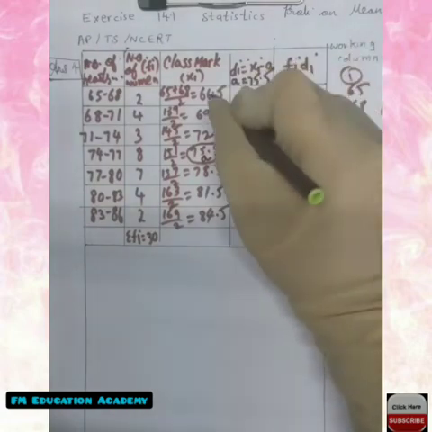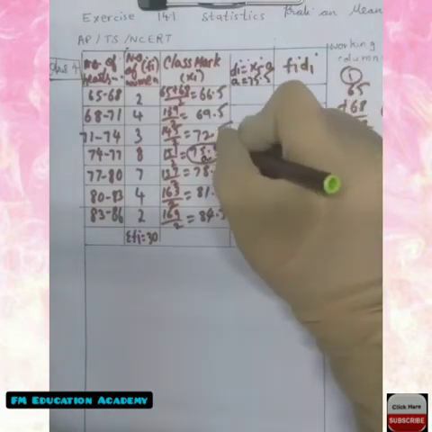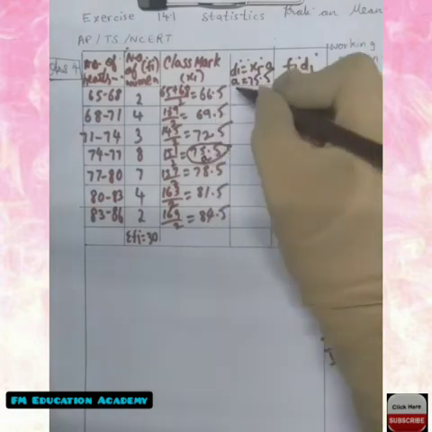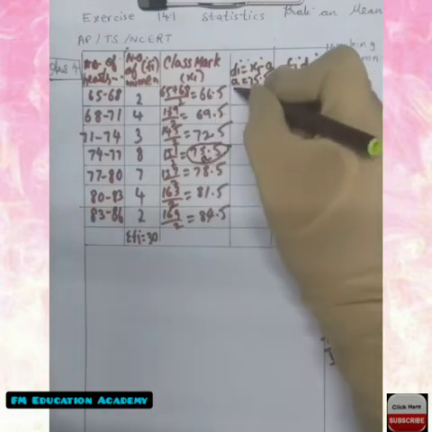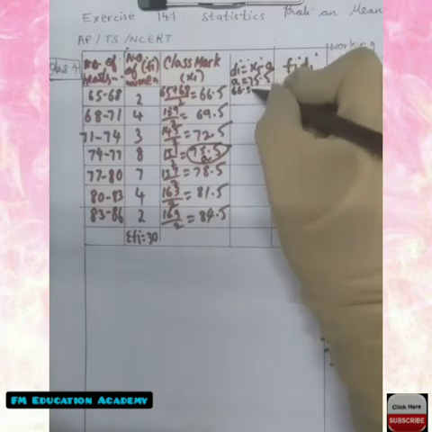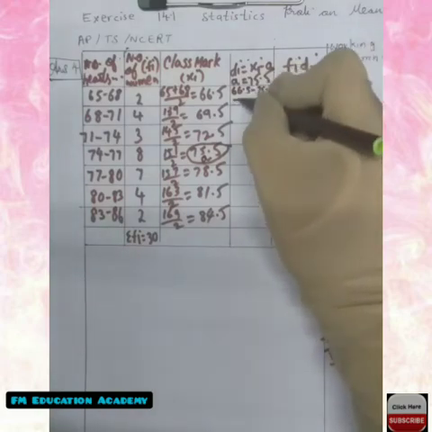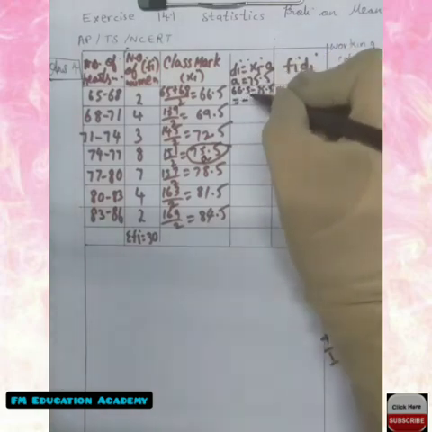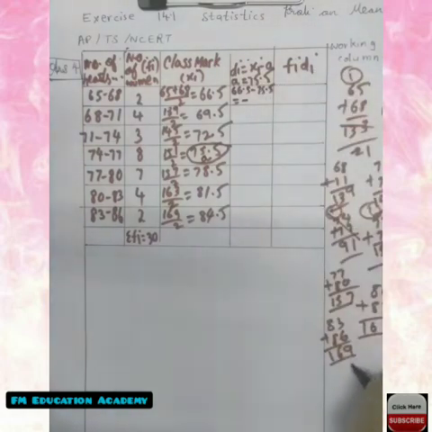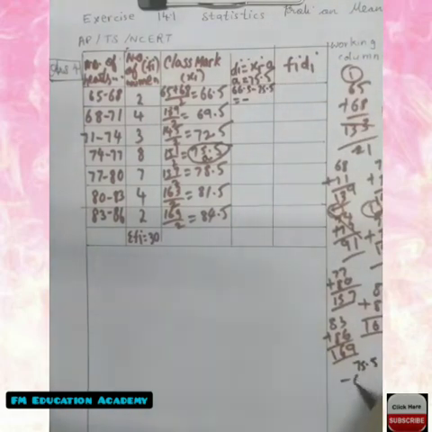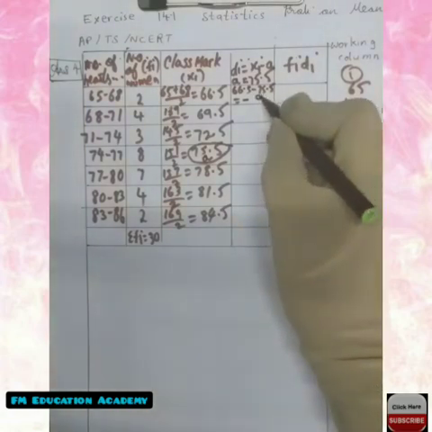So what I'll do is I'll subtract each value of xi with this 75.5. So 66.5 minus 75.5. Bigger number sign here is minus. That will give me, if I subtract 75.5 minus 66.5, 5 minus 5 is 0. This will become 6. 15 minus 6 is 9. 9.0 means 9 only.